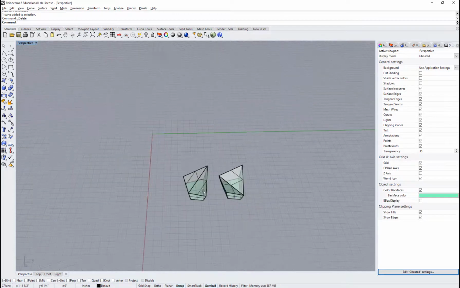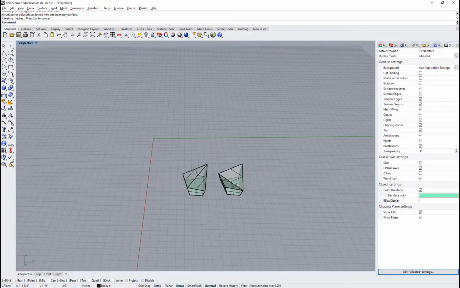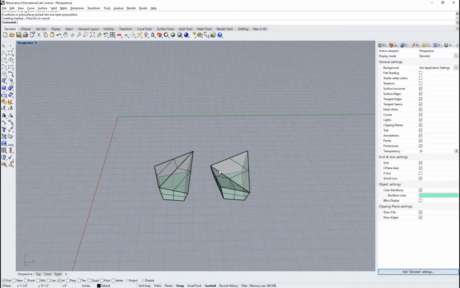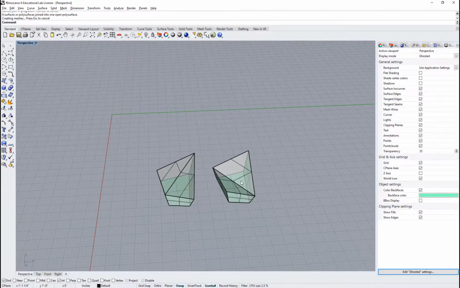So from this point, what I need to do is to prep this for the unrolling or the unfolding. For this, I need to take this object and join it all together. Okay, and now it's all one object. This one too, I'm going to join it all together so that it'll be just one object. Okay, we do have to be careful about how we take this one because this does have a concave element to it. It might have been better for this one to, let's just say, explode and manually